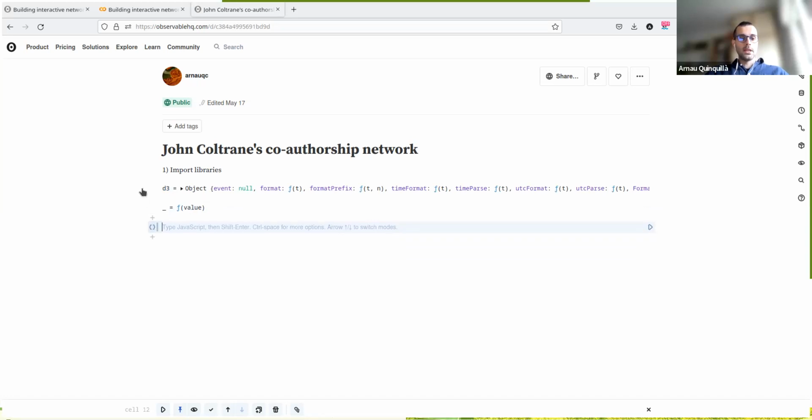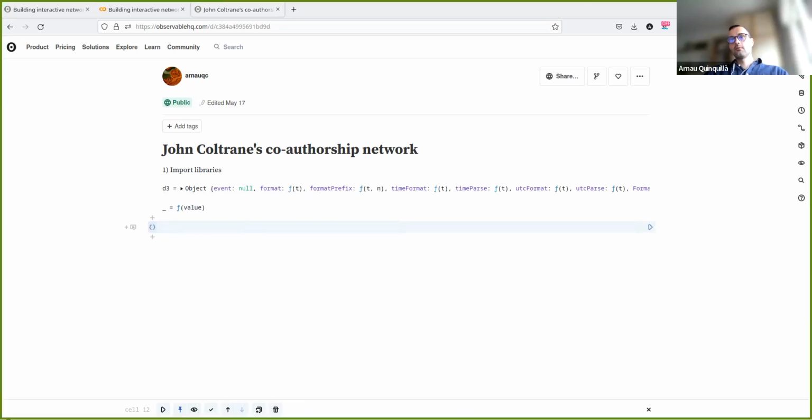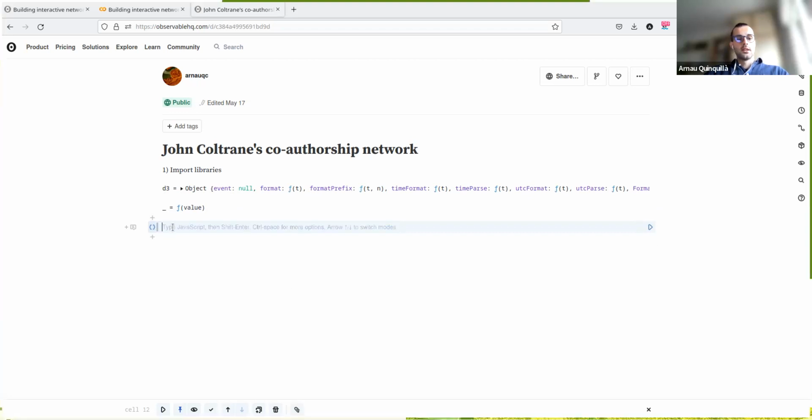I'm going to unpin these ones and hide the code because I don't want to do anything with them. It just imported them and you can see what we imported, but nothing else. The second thing that we want to do, this is another way to declare Markdown, is to import the data. But before we import the data, we basically need to upload it into our